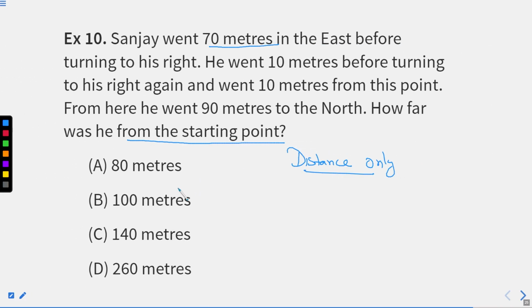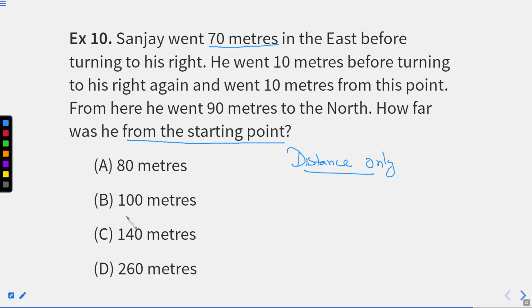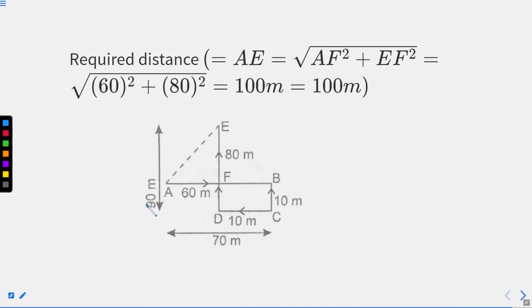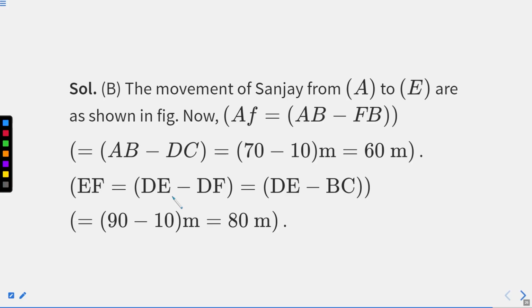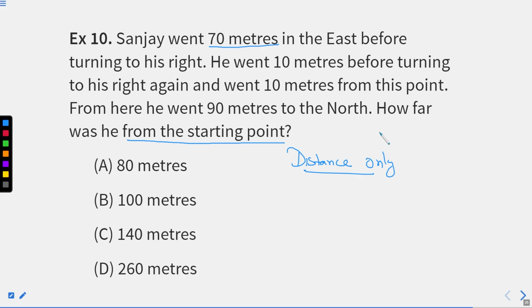That is in option number. No option is given like this, right? So we need to figure out more. What we are missing as of now is, okay, I got it. For how far he is from the starting point, that is 100 meters. Actually, it is there, right? That is why you're not supposed to miss any option as well, right? I hope you got this.